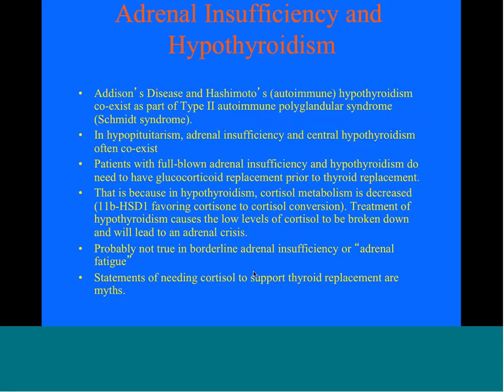Patients with full-blown adrenal insufficiency and hypothyroidism have to get glucocorticoid replacement prior to thyroid replacement. If they don't, the thyroid replacement can cause them to go into adrenal crisis. And this is because in hypothyroidism, cortisol metabolism is decreased because of the enzyme 11-beta-HSD1, which favors cortisone to cortisol conversion. So they get very little breakdown of cortisol, and a lot of regeneration of cortisol. Once you start treating hypothyroidism, you cause the low levels of cortisol to be broken down more rapidly, and it will lead to an adrenal